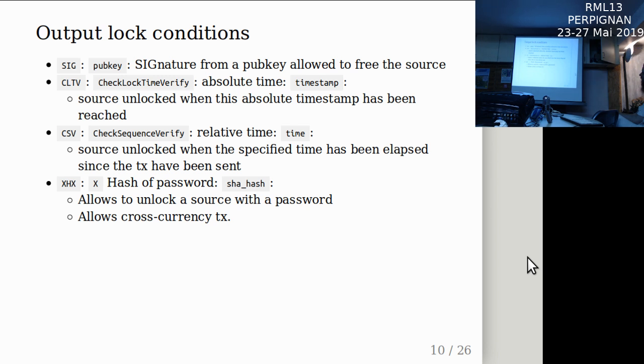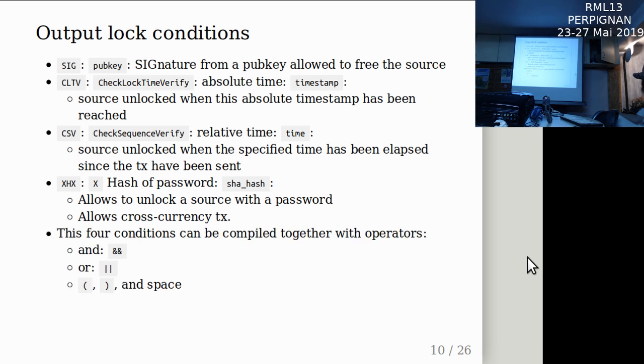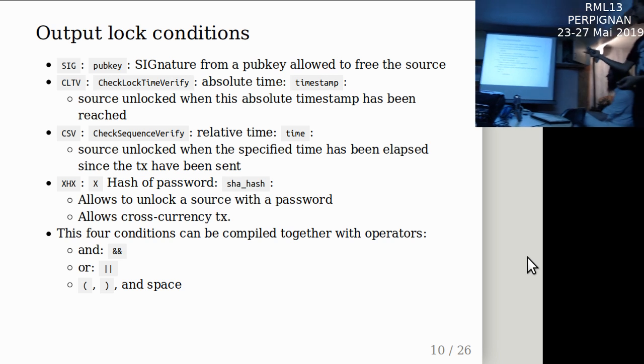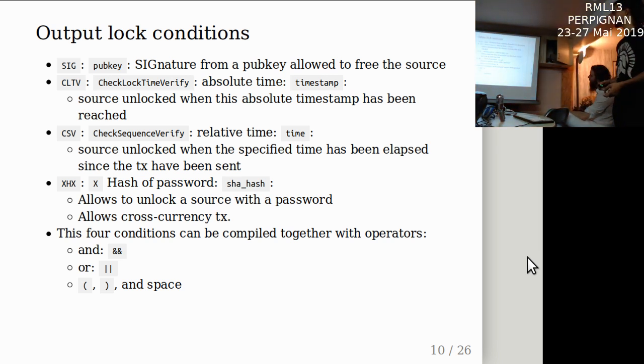It can allow many features, like unlocking a source with a password, and allowing cross-currency transactions. These 4 conditions can be combined together with and, or, parentheses and spaces. It has a limit of 100 characters, otherwise it will explode.